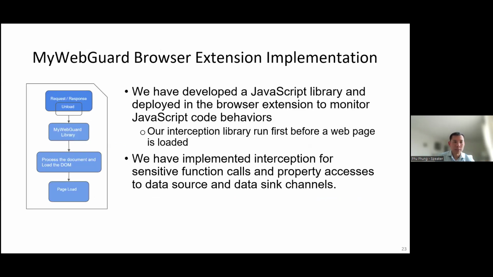In this browser extension, we provide the behavioral sandbox as a JavaScript library, and then we deploy it in the browser extension to monitor the code behavior. We intercept the code at the library, and then we can provide data protection. For example, if sensitive data from a source goes to a data sink, we can prevent that from happening.